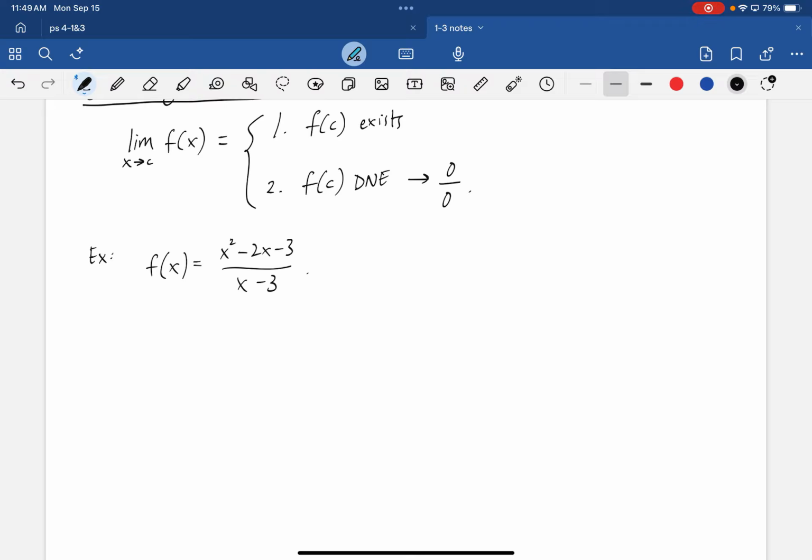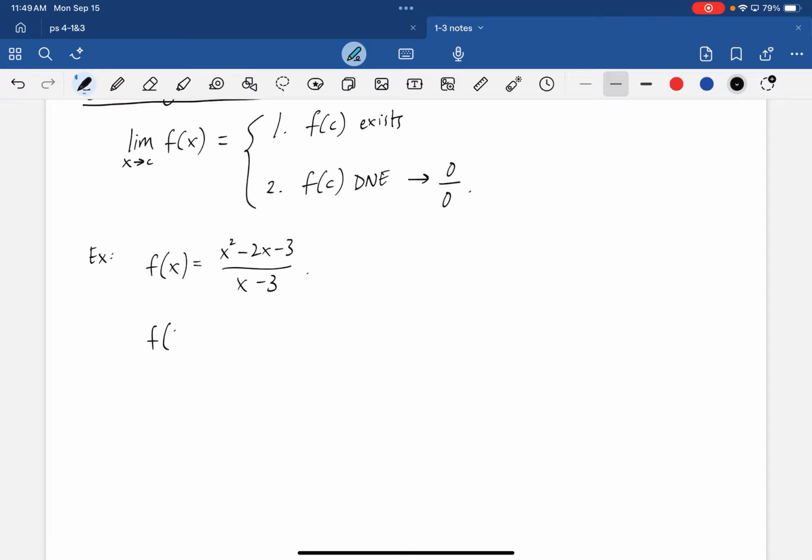Okay, so we have a quadratic over a, how do you call this thing? Binomial? Anyways, the point is, this is a function that we care about when it comes to limits, because